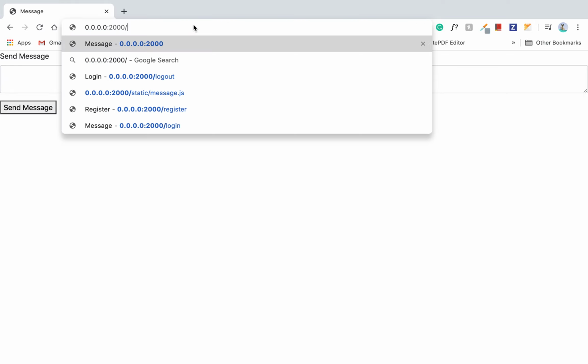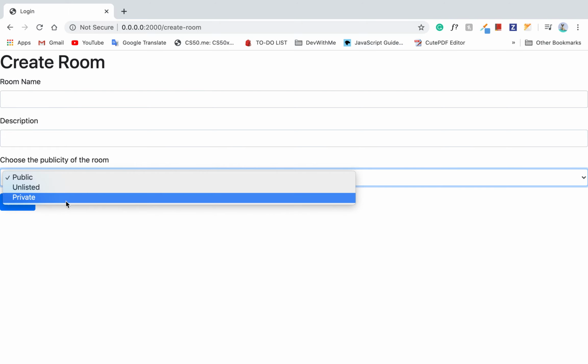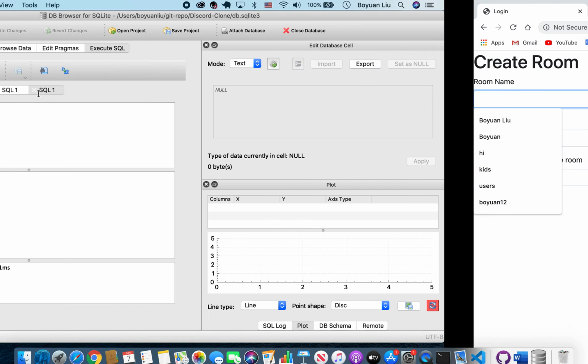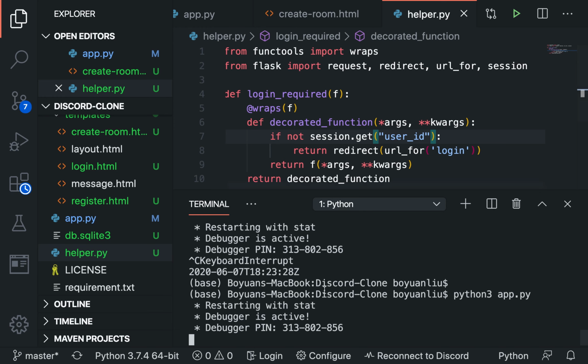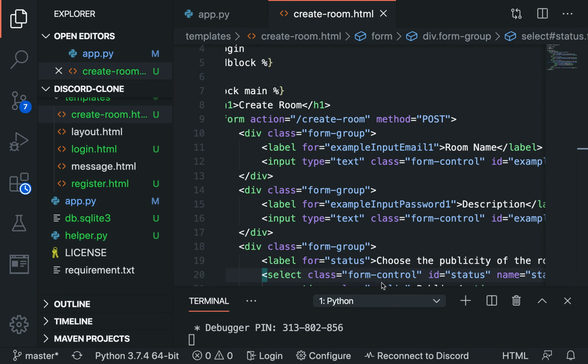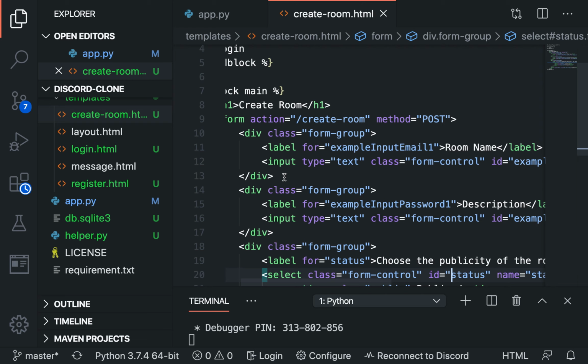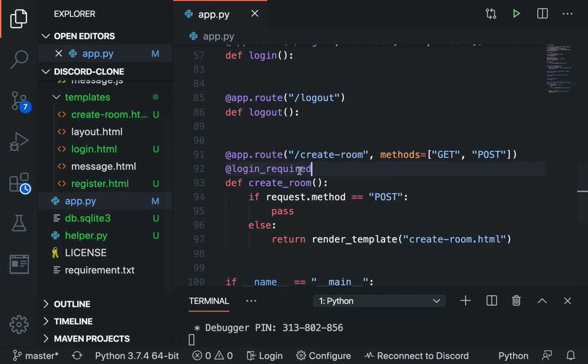and then if you go to create room. Alright, so now we can choose room name. Now what we'll go ahead and do is implement when the form is submitted. So how do you process the form? So we'll say here,